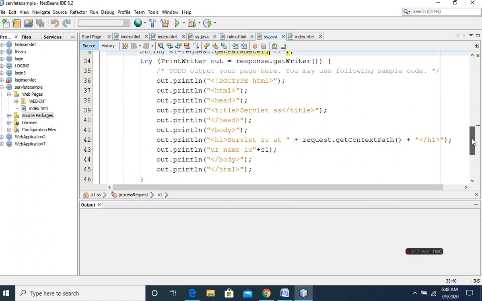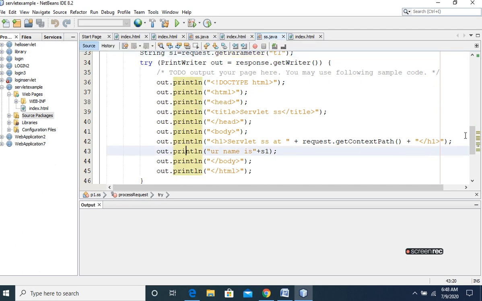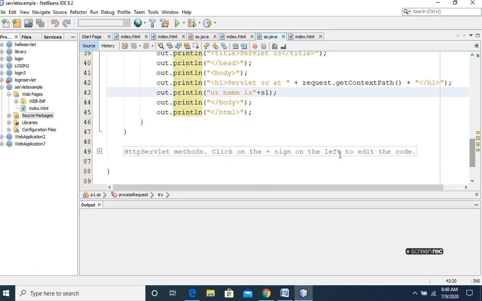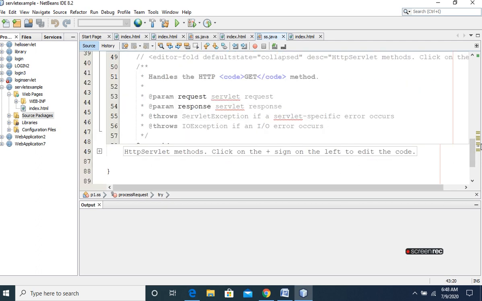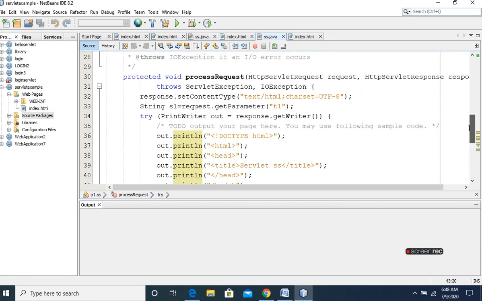Inside the HTML, I have placed whatever values we have fetched from the client. out.println("Your name is " + s1). So this is a simple program in which we have read the variable t1, initialized it to the variable s1, and using the out.println method we are giving the response back to the client.